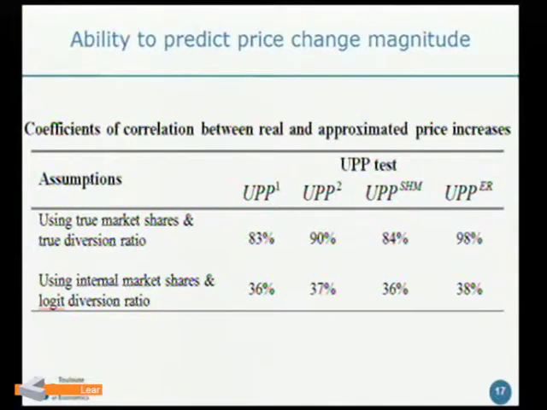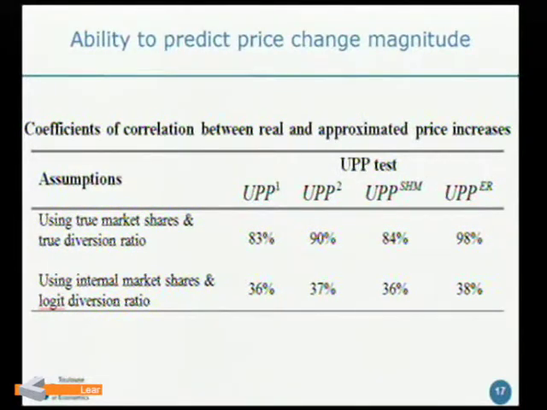If I knew all the market shares, the true diversion ratio, and the marginal cost, what we get is that UPP can predict the price increase almost completely, 98% with the UPP by Epstein and